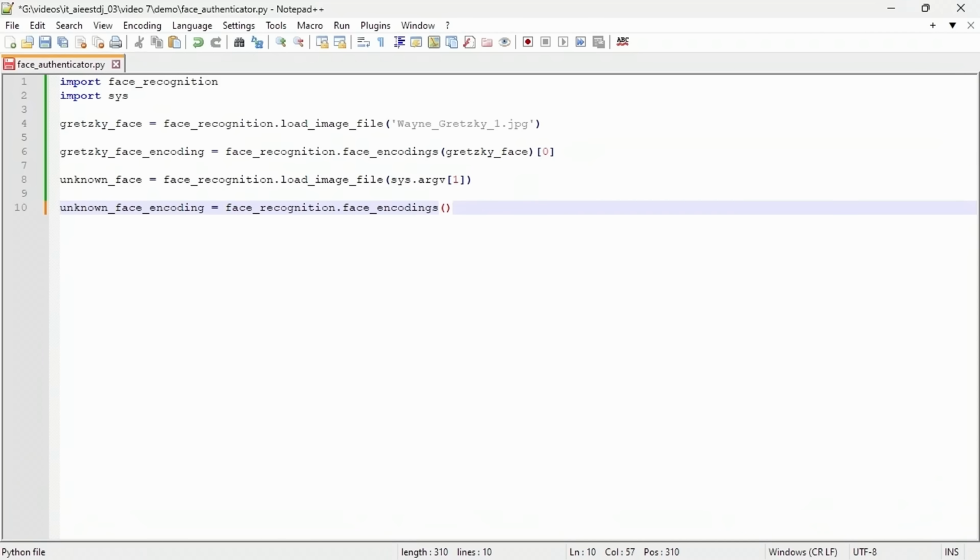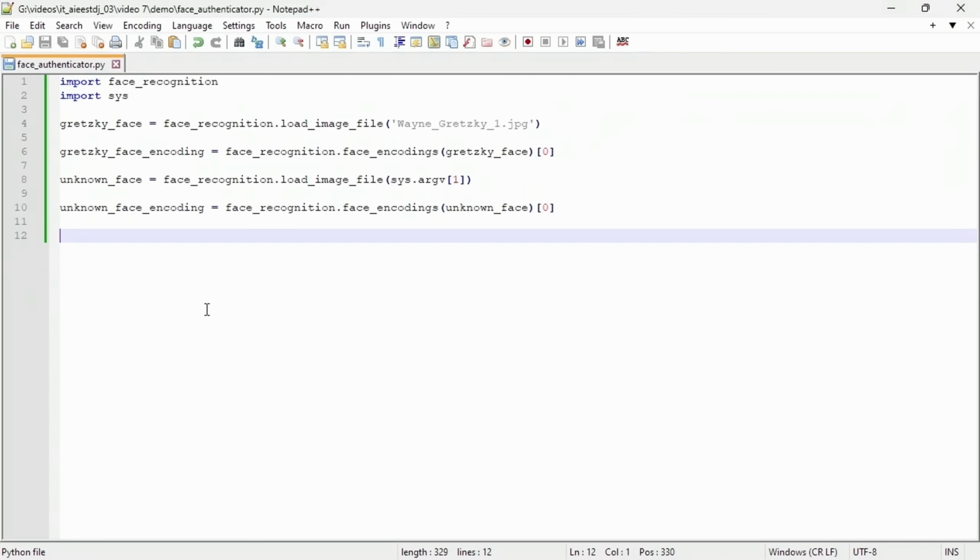And we'll pass it the unknown face variable. And once again, we want to get the first element in the list. Now we are going to calculate the distance between the two images, which is going to represent how similar the images are. And to do that, we'll create a variable called face distance